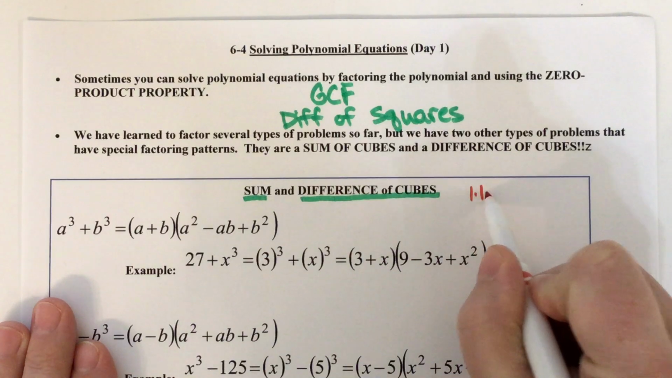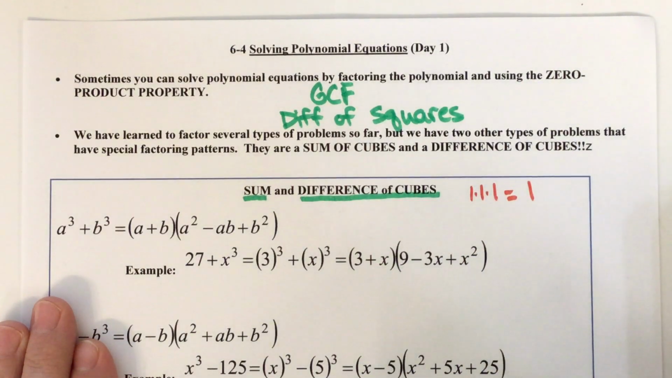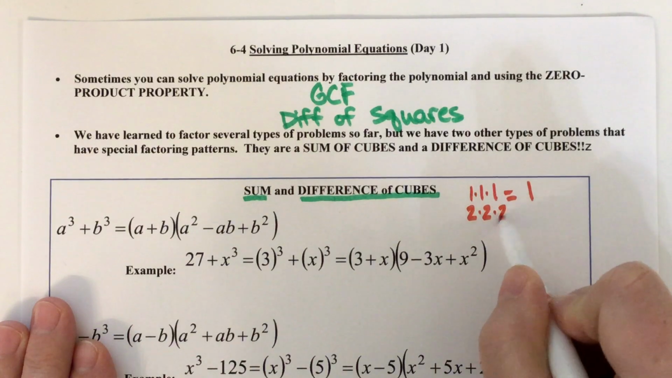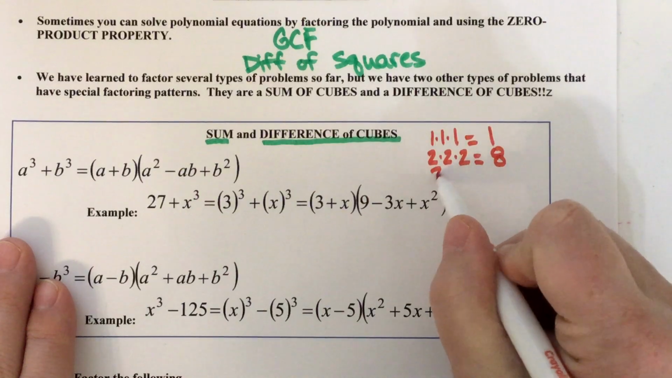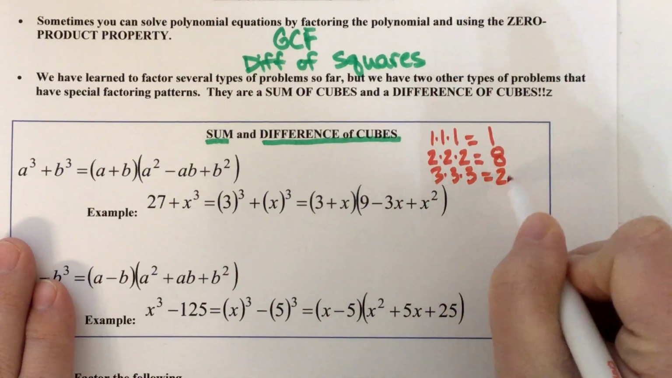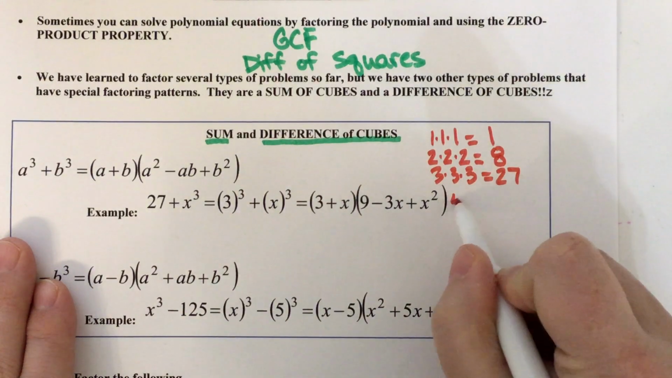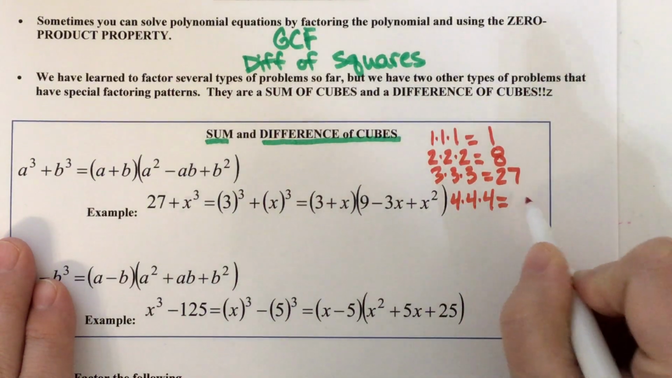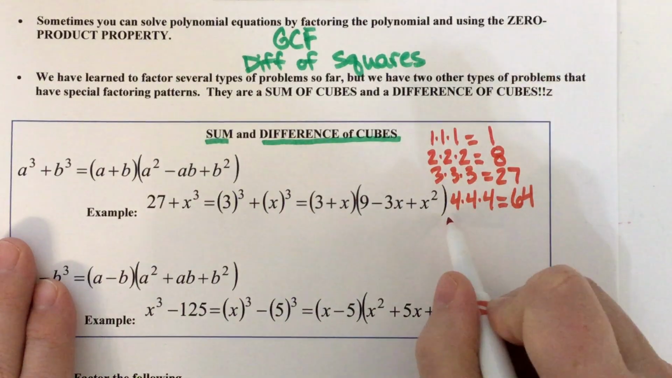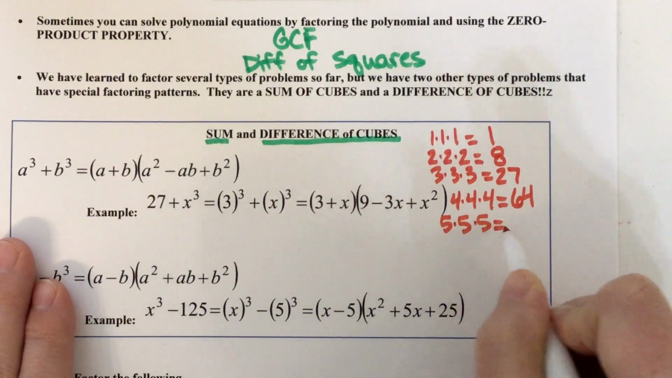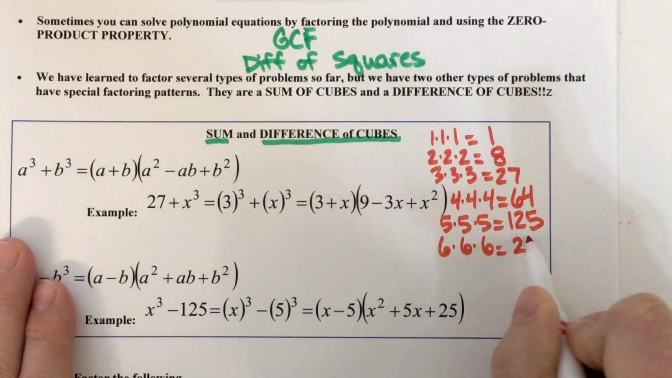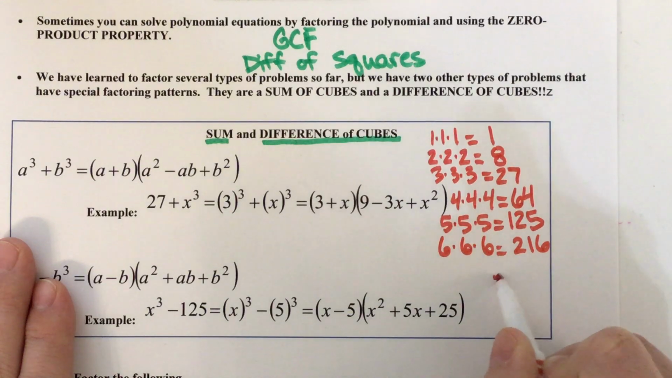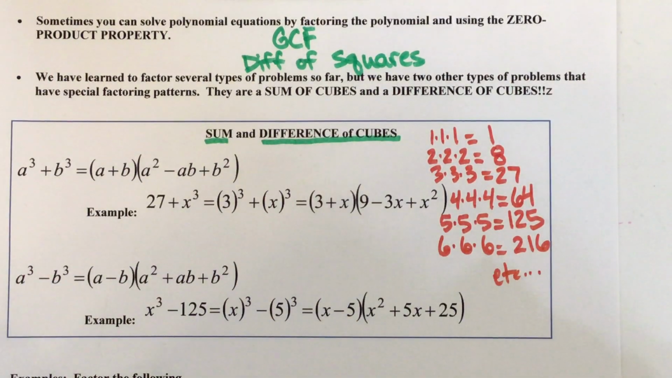So 1 times 1 times 1 makes 1. That's a perfect cube. 2 times 2 times 2 makes 8. That's a perfect cube. 3 times 3 times 3 makes 27. That's a perfect cube. 4 times 4 times 4, that makes 64. That's a perfect cube. 5 times 5 times 5, 125. 6 times 6 times 6, 216, etc. So these are all perfect cubes because if you take the cubed root of them, you get pretty little whole